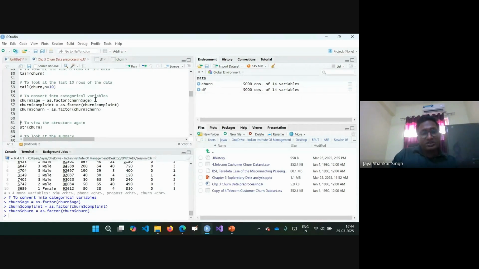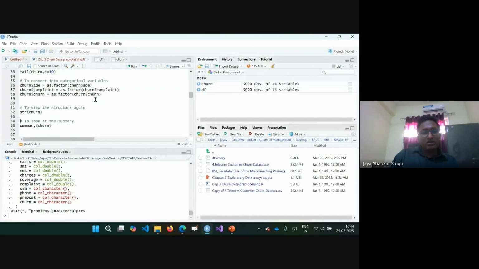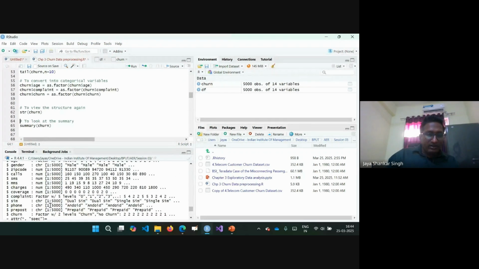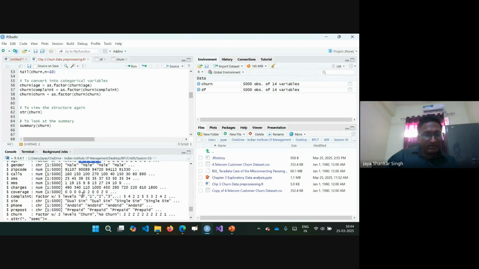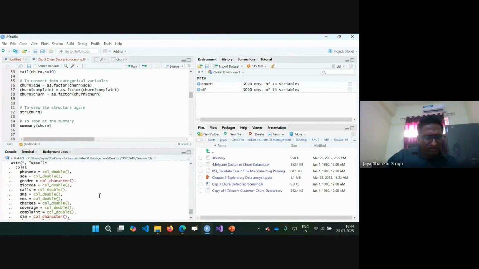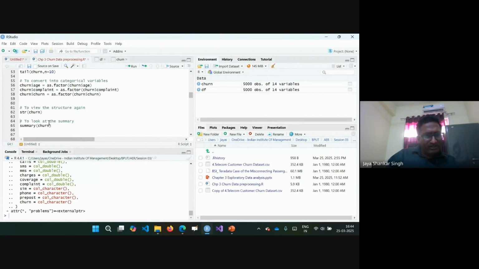Now we will look at the structure of this particular data file. Now if we look here, the age is now called a factor. How many labels does it have? It has 3 labels, 1, 2 and 3. Similarly, complaint has become a factor with 5 labels, from 0, 1, 2, 3, I think 4 will also be there. It is not visible. Anyway, we'll run the summary to understand